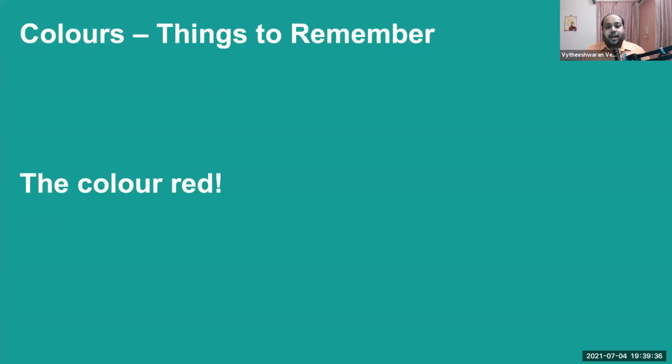But if you're going to use red for your general body text, your titles and things like that, it is an extreme put off for your audience and they will not perceive it. They will not give the level of seriousness that red deserves. So unless it is very, very important, avoid using the color red. There are millions of colors that are available. You can use any of that, not red.